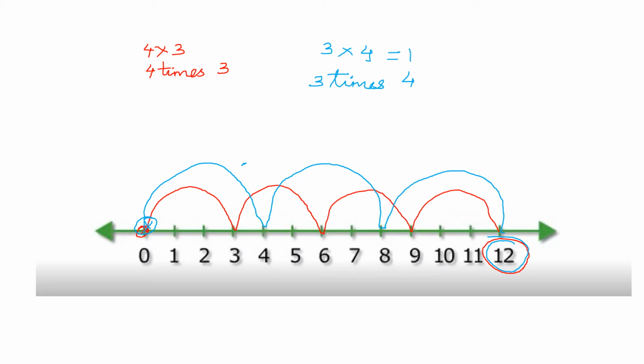Why am I showing you like this? It is not for getting the answer, children. But when it comes to 4 into 3 and 3 into 4, how you should be marking on the multiplication line, on the number line, you should understand clearly. Somehow you reach the answer 12. That is not the thing. You should now write neatly 4 times 3 and 3 times 4. Now is it clear to all of you?